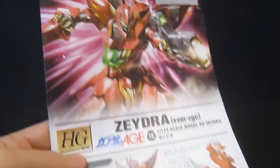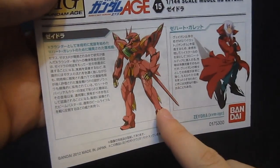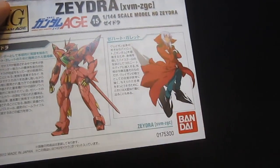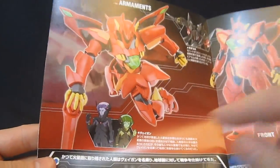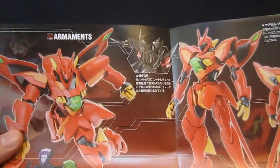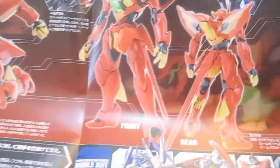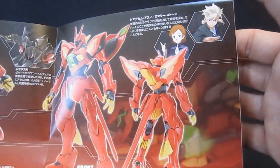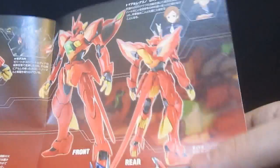To the manual with that great looking cover art there, and you can see the mobile suit with its line art and its pilot Thierry Arde Zehart Galette looking all cool like there. When you crack it open, some nice color splash pages, including the old school Veigans from the first generation, including a very young Dezel. You can see the ZSR, which was his predecessor suit, front and rear shots, and the old triangle that they tried to establish with only 3 episodes between Romary and Asim, and we'll see how that